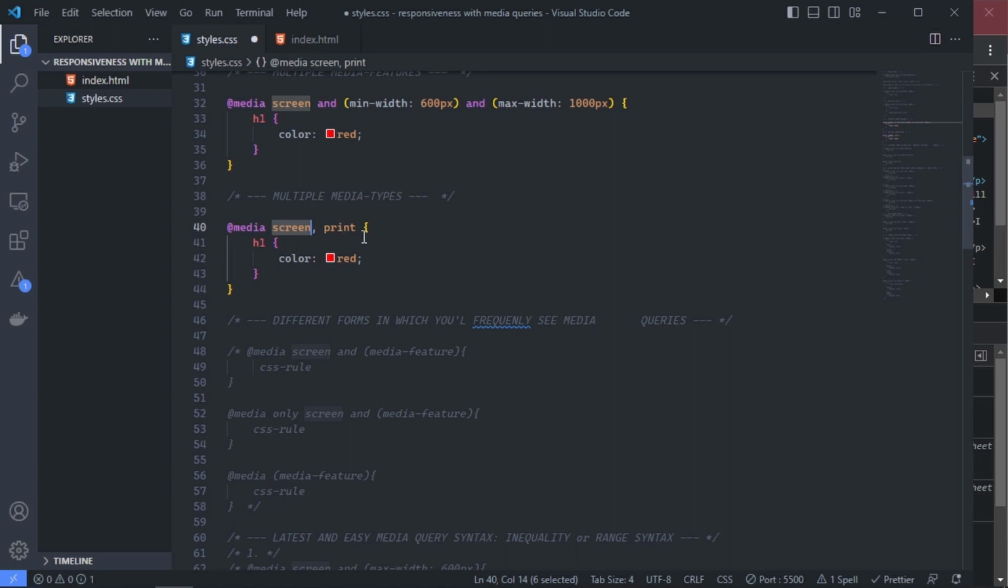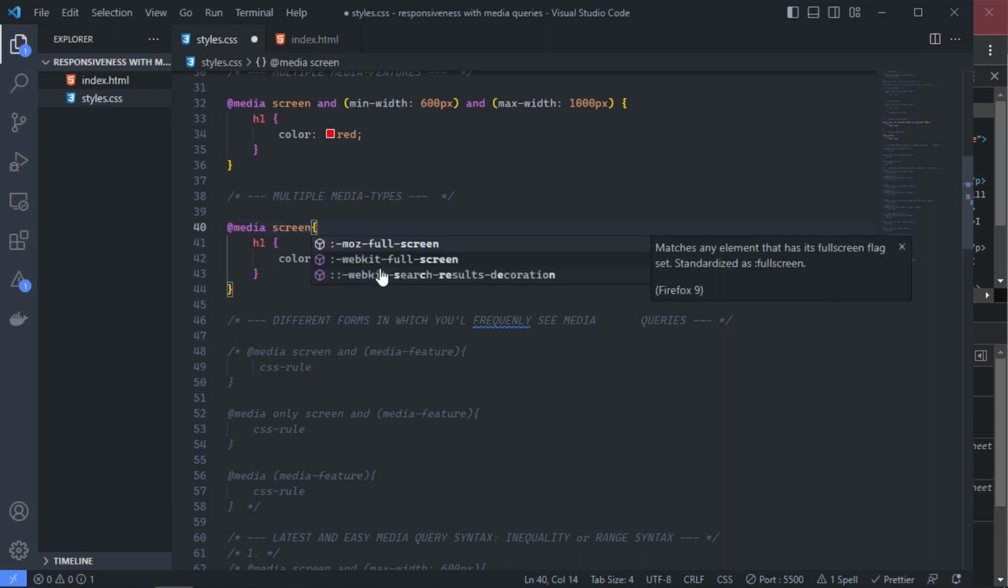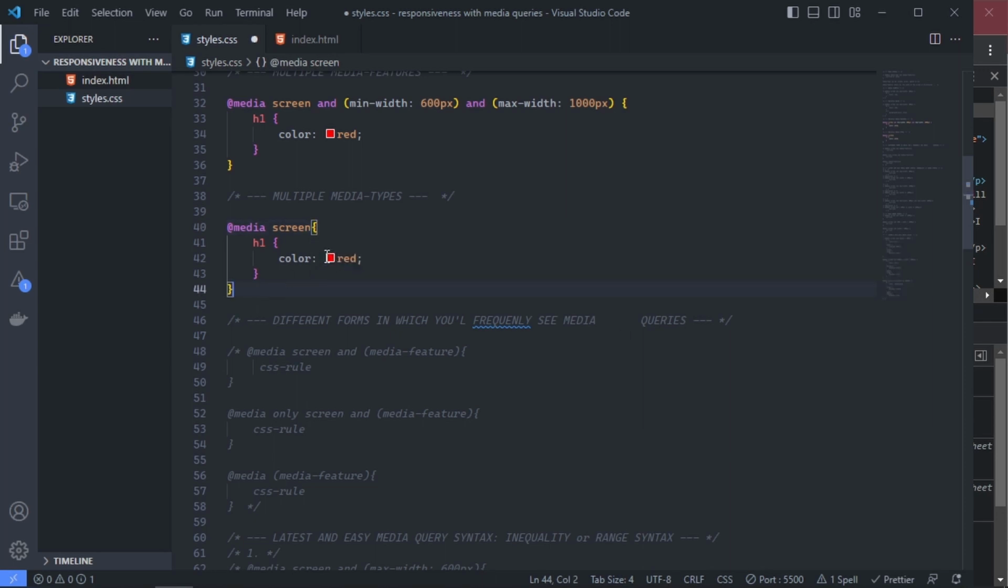But I just said let me also explain the print media type. So in this case, we are combining both screen and print media type. So if you try to understand this syntax here, you notice that if I first of all take away this print, for example, so that we have only the screen media type. So this rule here is explaining that we want these CSS rules inside here to take effect